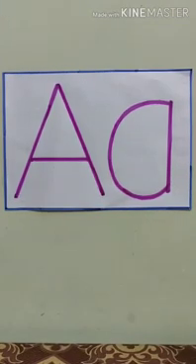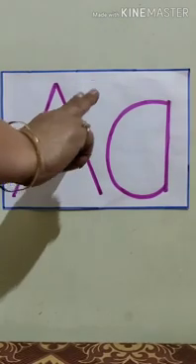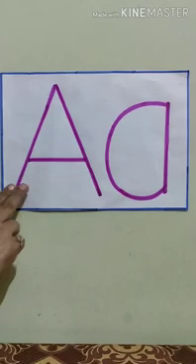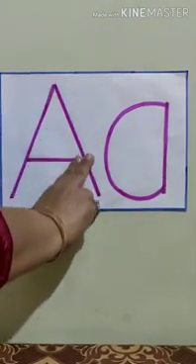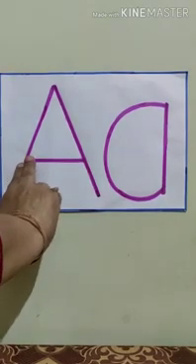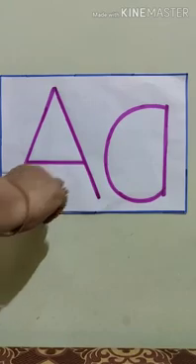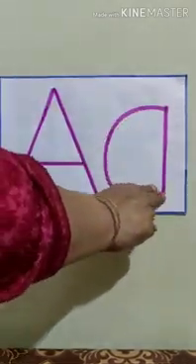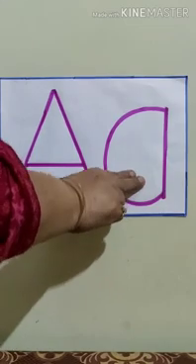To recognize the alphabet, first we do tracing. Join your finger like this. Take a slanting line up and bring it down and draw a horizontal line in the middle. This is capital A. Now look here, make a semicircle, a vertical line going up and bring that line down. This is small a.